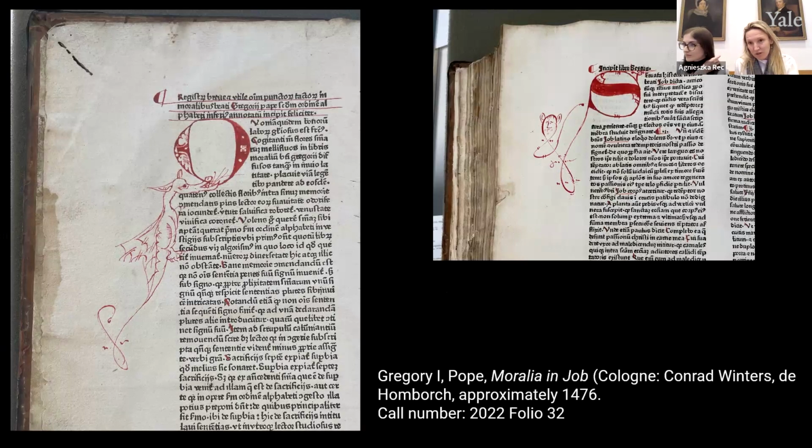I mentioned earlier how color is added by hand. We saw some fairly mundane examples at the beginning. These can get incredibly whimsical, as in this copy of Gregory the Great's commentary on the Book of Job. We also have